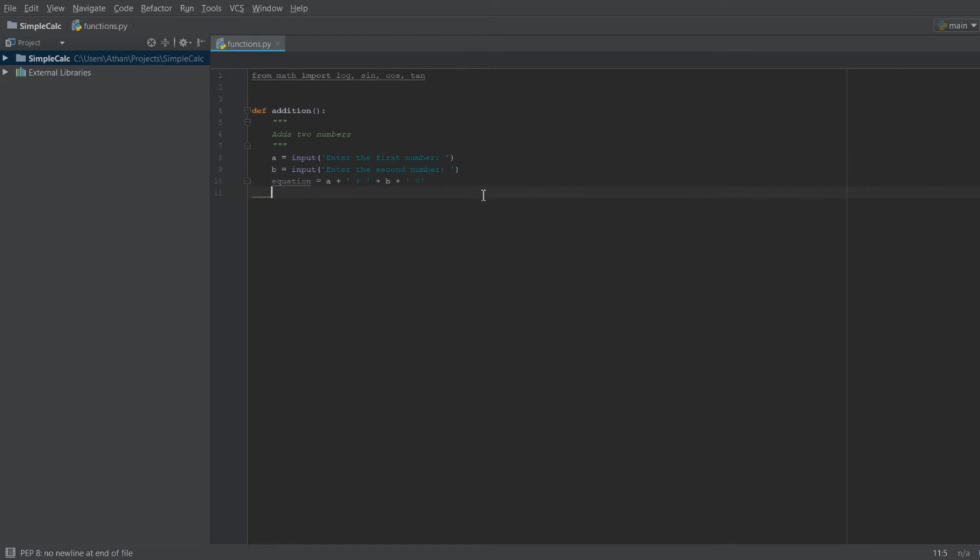After the equation variable, we're just going to write print equation. So we're printing this variable that we've just created, and what that's going to do is take your first number, say we're adding it to the second number, and that just prints the equation. Now if we want to print the answer, we have to make a new variable called answer, and we set that equal to the float of A plus the